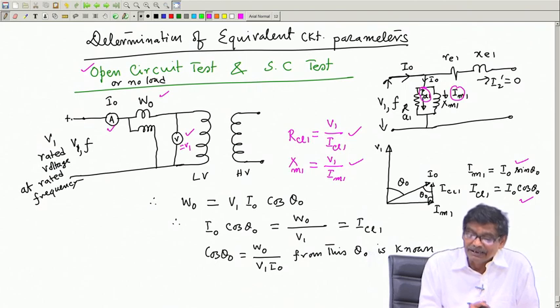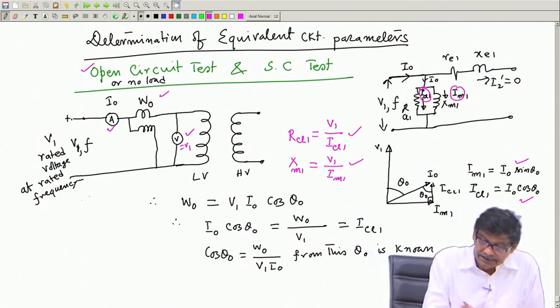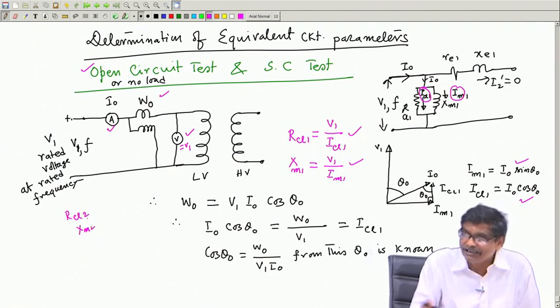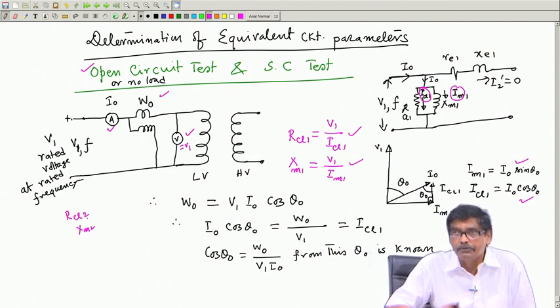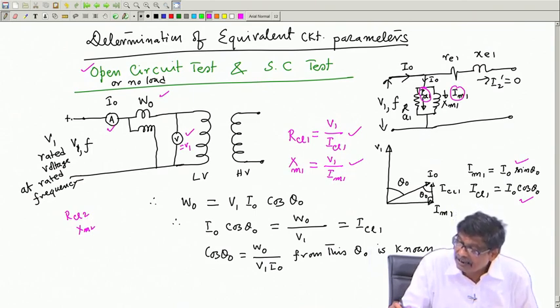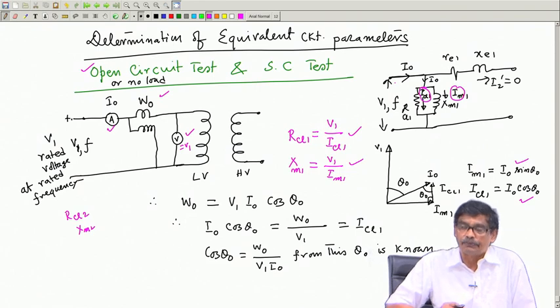And then, if it is needed, after knowing RCL 1, I can always calculate RCL 2 and XM 2. For this, I do not have to carry out the experiment once again, because I know it will be either divided or multiplied by S square. So, correctly if I do that, I will get RCL 2 as well as XM 2. So, in this equivalent circuit, I have got this one. Only just one point.